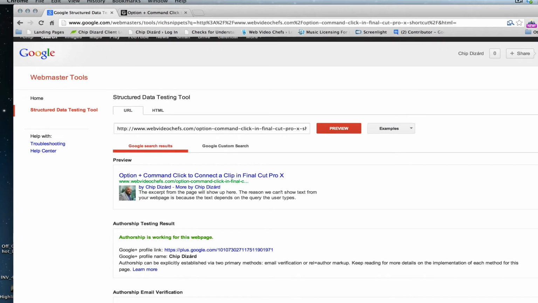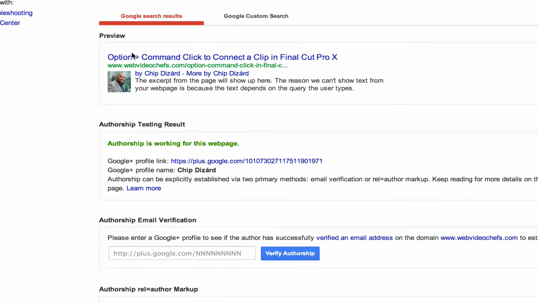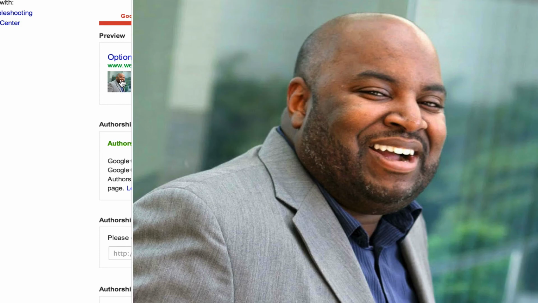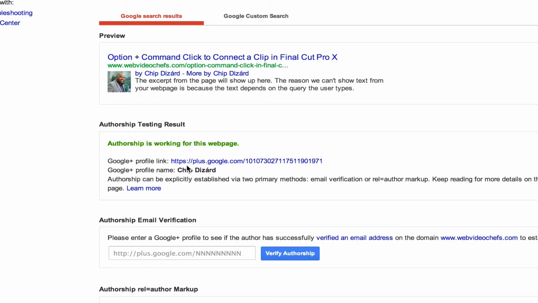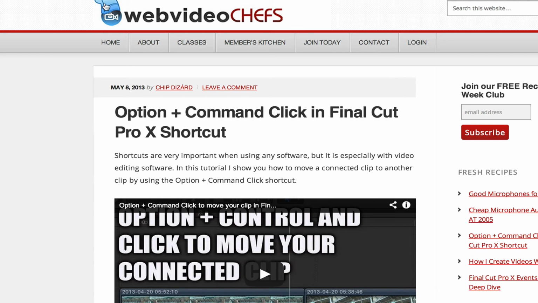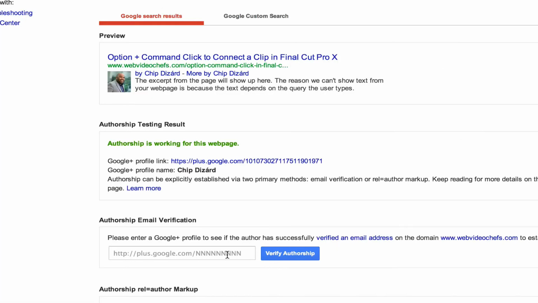And it works. And you see right here, it says option plus command click to connect a clip in Final Cut Pro. This is an excerpt for the page. The reason we can't show you text is because text begins on a query the user types. So authorship is working. It shows my picture here. I even have it there bigger. And it shows my Google Plus, and it shows the authorship can be established by email verification or the rel author markup. I use the second because on Web Video Chefs, I don't have an email right now set up, chip at Web Video Chefs. So I use the latter,